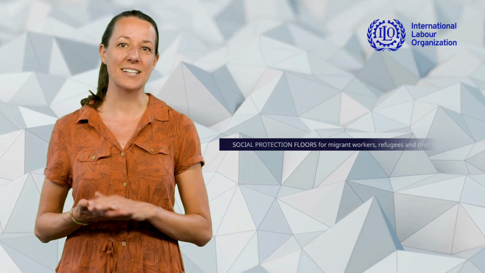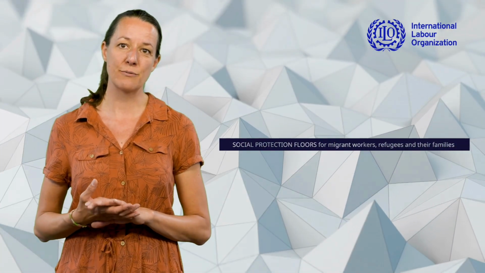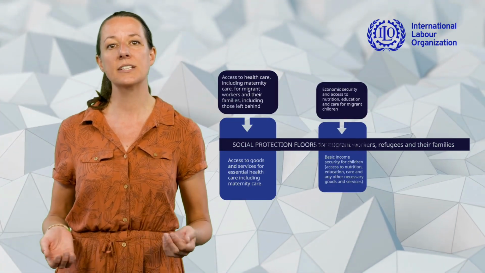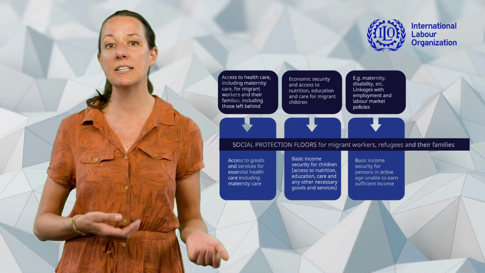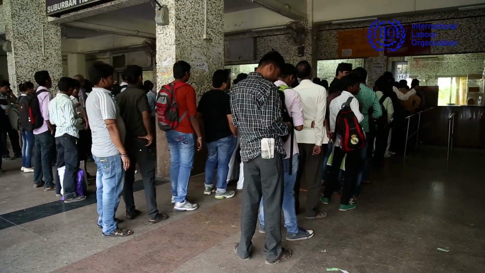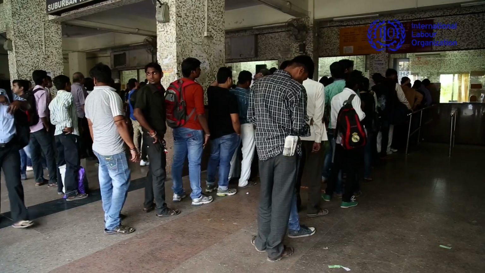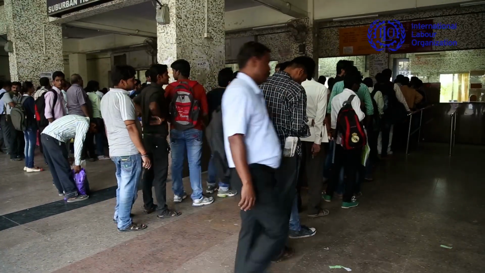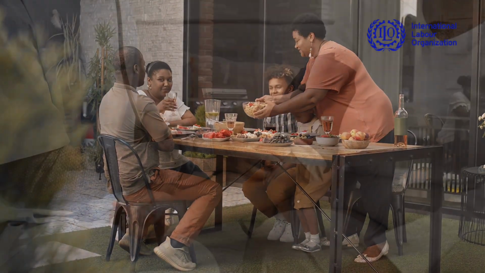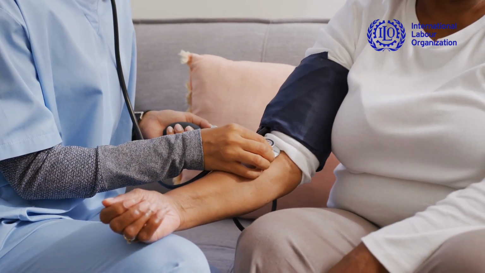Social protection floors, in accordance with the ILO Social Protection Floor Recommendation number 202, are nationally defined sets of basic social security guarantees aimed at preventing or alleviating poverty, vulnerability and social exclusion. By implementing national social protection floors, countries of origin can provide the necessary guarantees to ensure that migrant workers and their families, including returning migrants and dependents living in a different country from the migrant breadwinner, have, at a minimum, access to essential healthcare and basic income security throughout their life cycle.